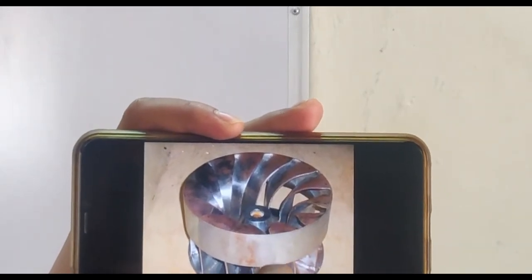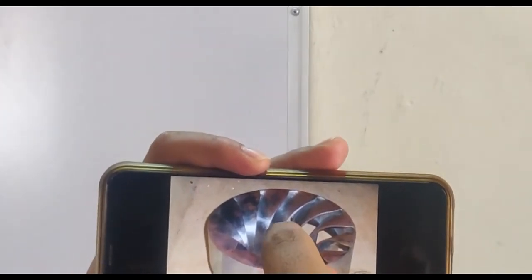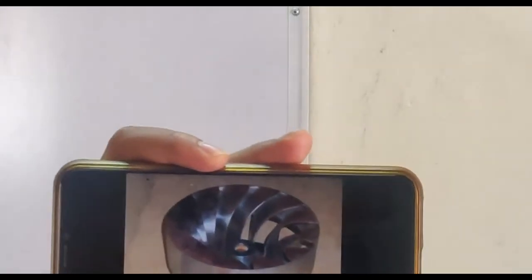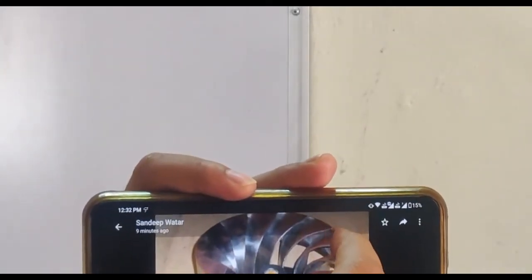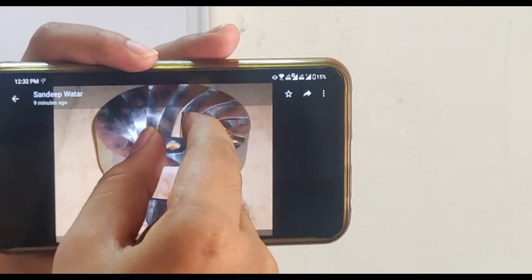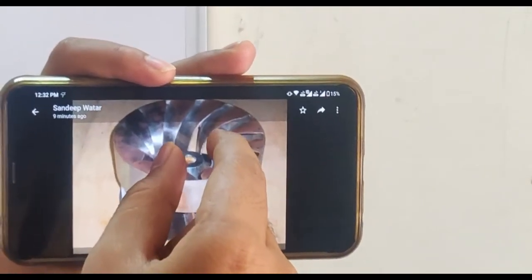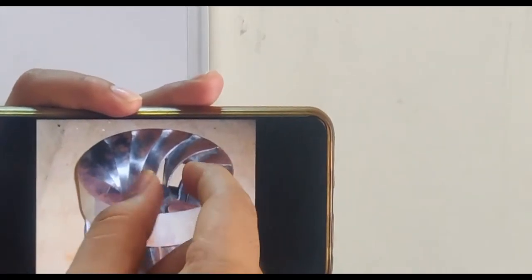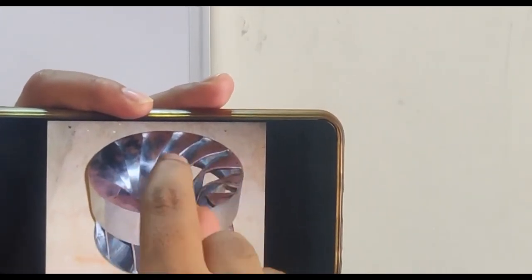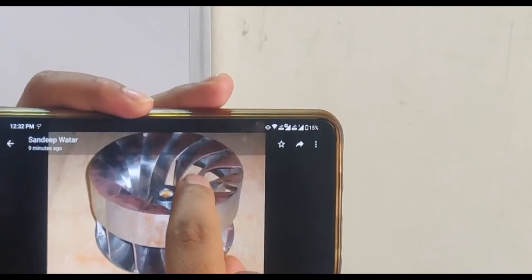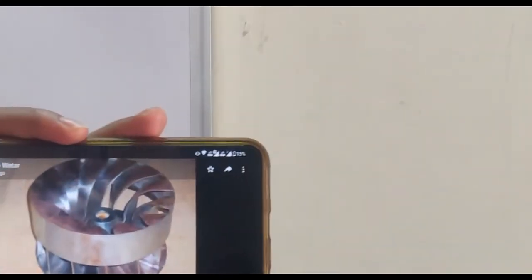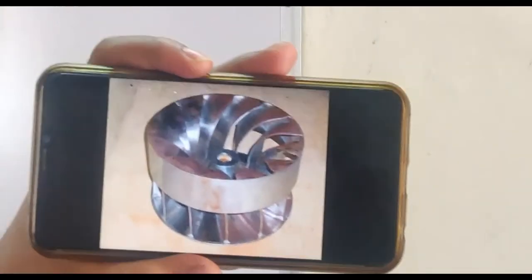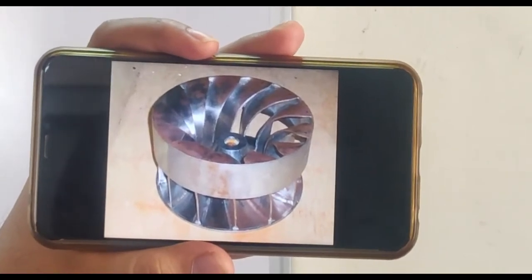So this is your outside width, and there is an inside width also. Now this is your whole diameter, the outside diameter. Then we have the inner diameter also. This we call B, this we call D, this inner diameter we call D1, and the inner width we call B1. So these are the dimensions B, D, B1 and D1. B and D correspond to the dimensions at the inlet point, and B1 and D1 are the dimensions corresponding to the outlet.